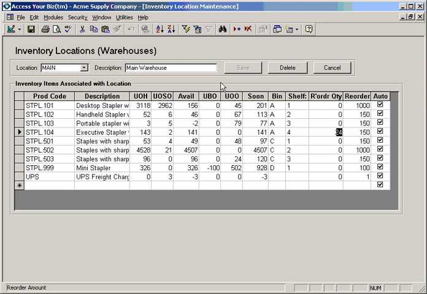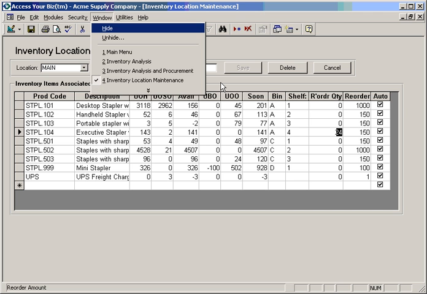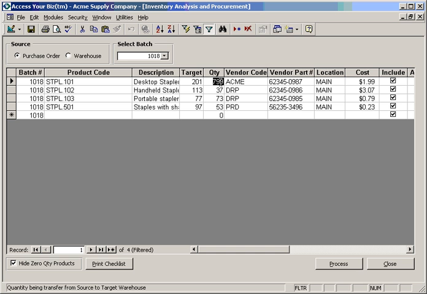This is what, stapler 104. Let's see if it has an entry for that, and if it does, it should be 24. And no, stapler 104 has not reached its reorder level, so it's not included. If you wanted to review that item anyway and maybe reorder it anyway, you can click the hide zero quantity products